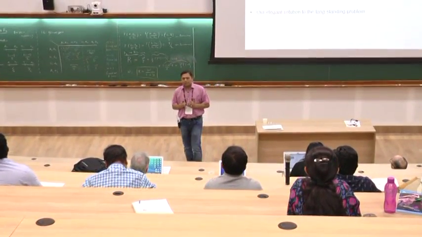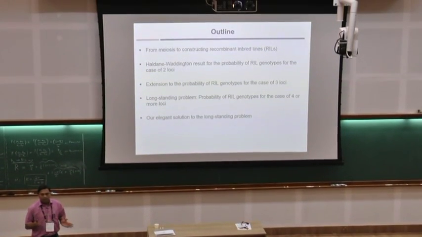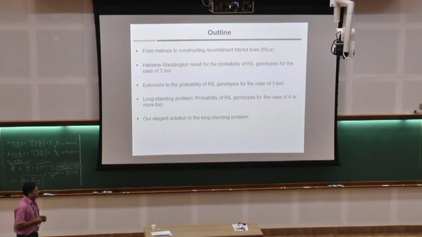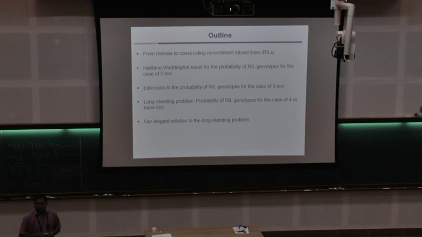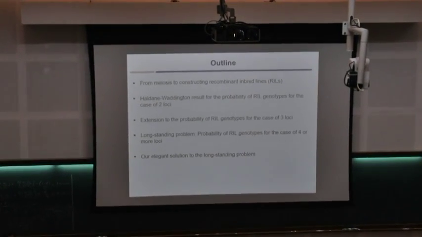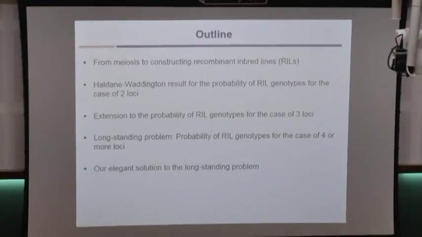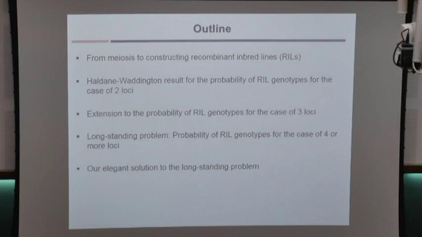To basically introduce this concept of recombinant inbred lines, which has been talked about a bit by the lecturers in this school so far. But how do we construct it? I'll briefly go over it. Then what I want to present is basically the derivation of a result for two loci by Haldane and Waddington